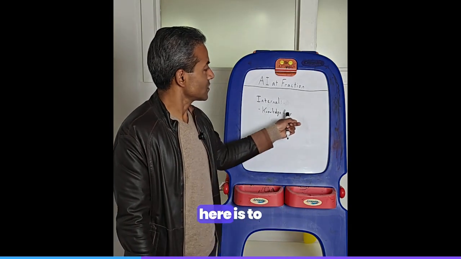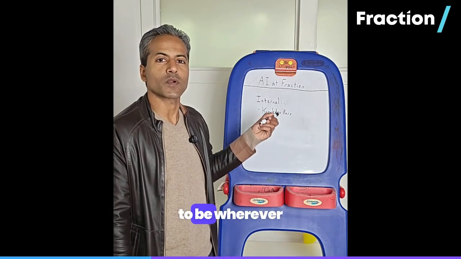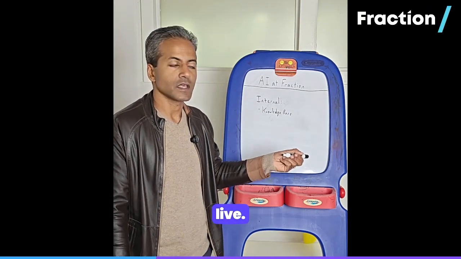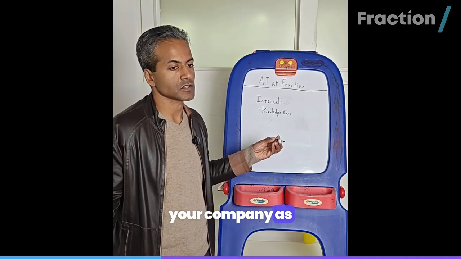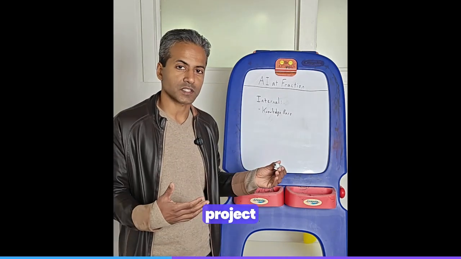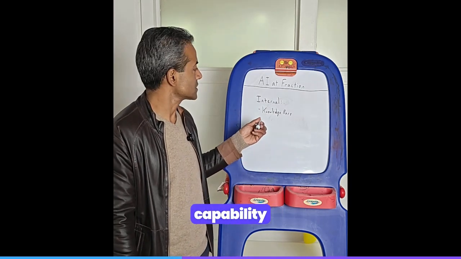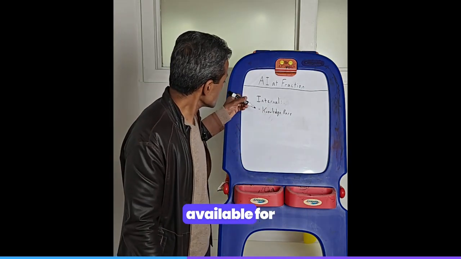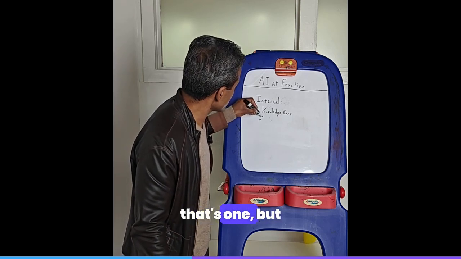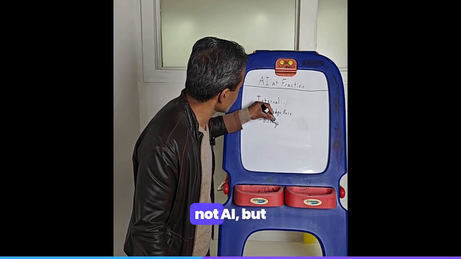Now, the key here, in my mind, is to not have it be a separate feature, but it needs to be wherever people already live. And so if your company as a whole lives in Slack, it makes it more likely for that to be a useful place. Or if they live in a certain project management system, whatever that is, that's where that capability needs to be available. For us, that's one, but another big one for us, and I'll explain why this is actually not AI,